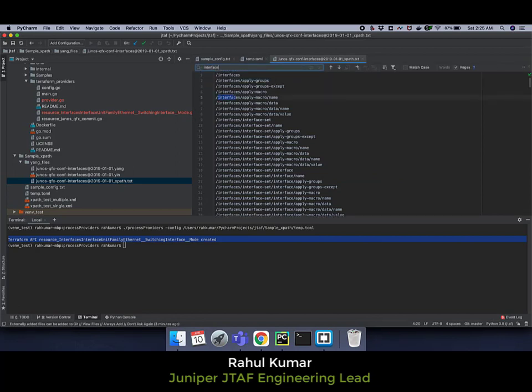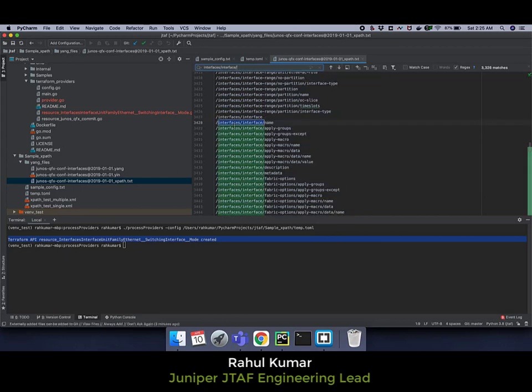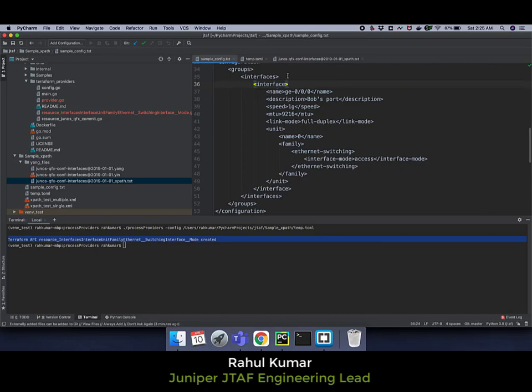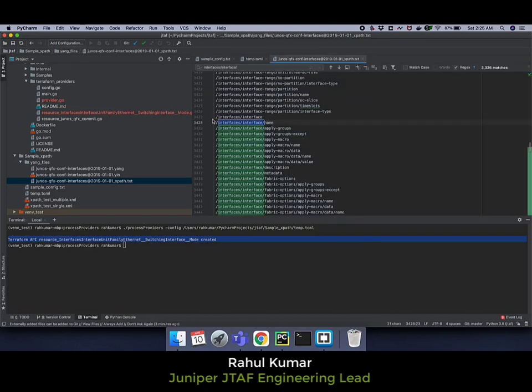So we will see interface, and we will search for it. This looks fun. It starts from line 3427.